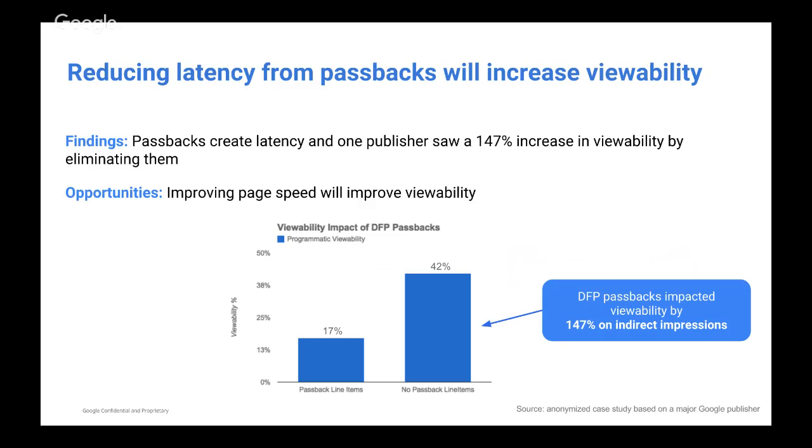So in this slide, you actually see what happens to viewability when line items have passbacks and when line items do not have any passbacks. When line items are served, and we used our own ad server, DoubleClick for Publishers, we saw that it definitely had a positive impact on viewability, because the more time it takes my ad serving system to figure out whose ad to show,